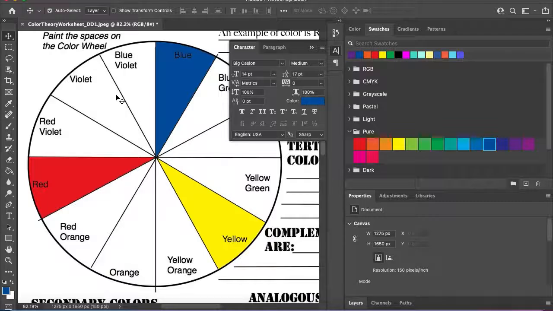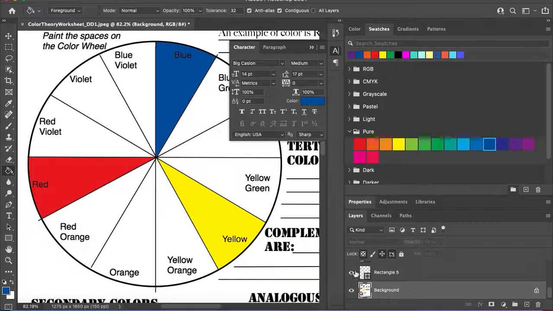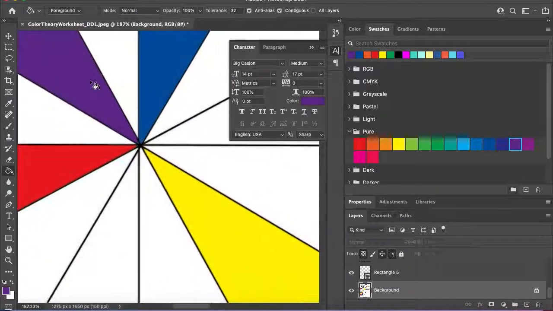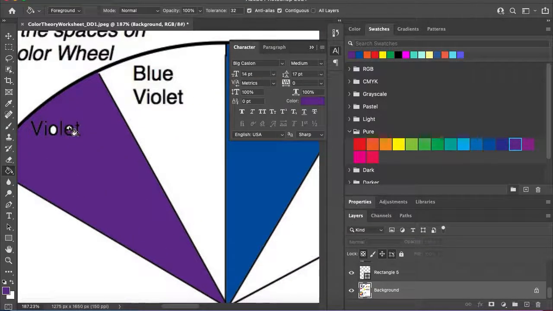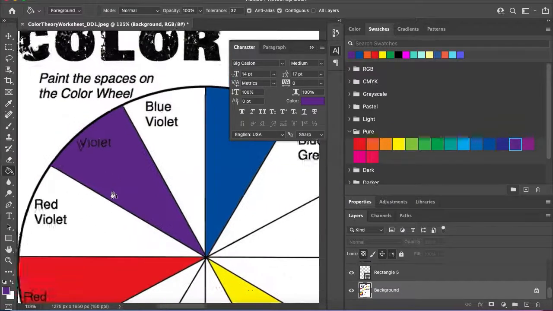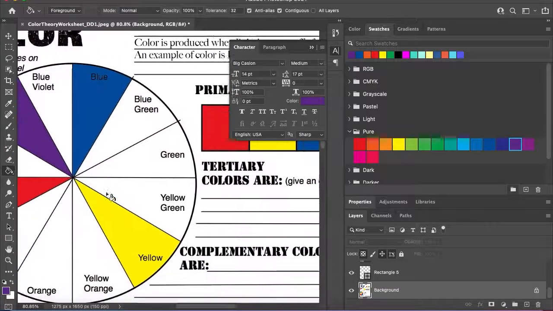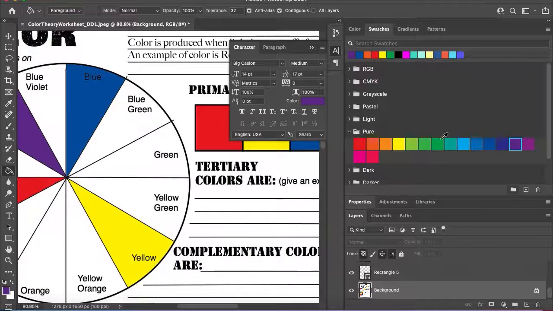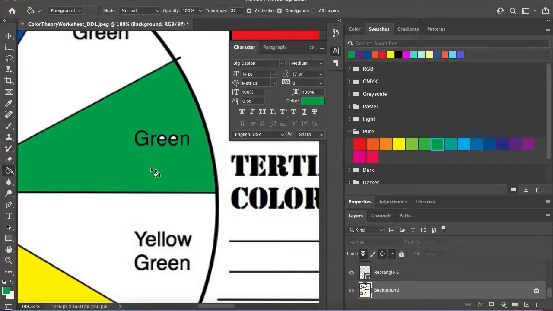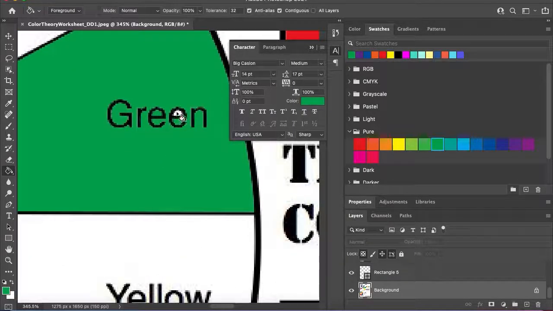So violet, we are going to select our background and our paint bucket tool, and I'm going to color, oh, not that color. We're going to go to pure violet and color that in. And again, you can just select the white areas that didn't get colored. Green is another one, so color in green